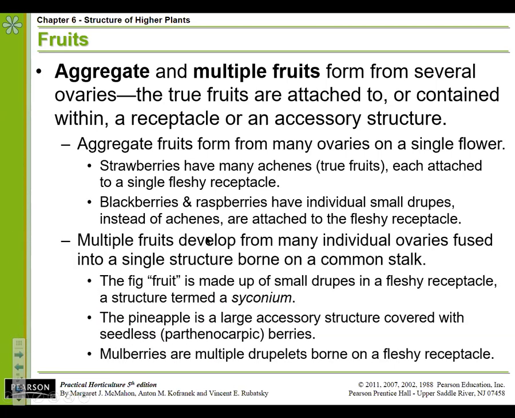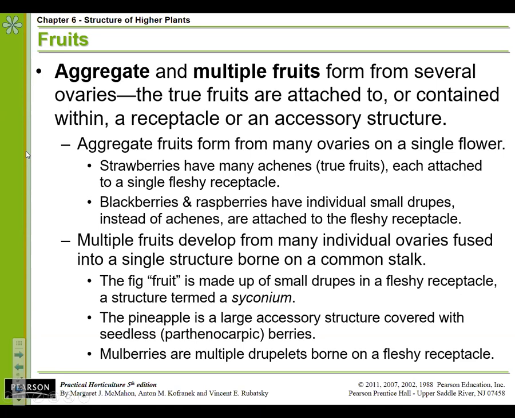We also have multiple fruits that develop from many individual ovaries fused together into a single structure that are on one pedestal, one flower stalk. So the fig fruit, for instance, is made up of many small drupes that are then merged together. Pineapple is a large accessory fruit. It is covered with basically seedless berries. Interesting. Mulberries are multiple drupelets borne on a fleshy receptacle. So all of these,